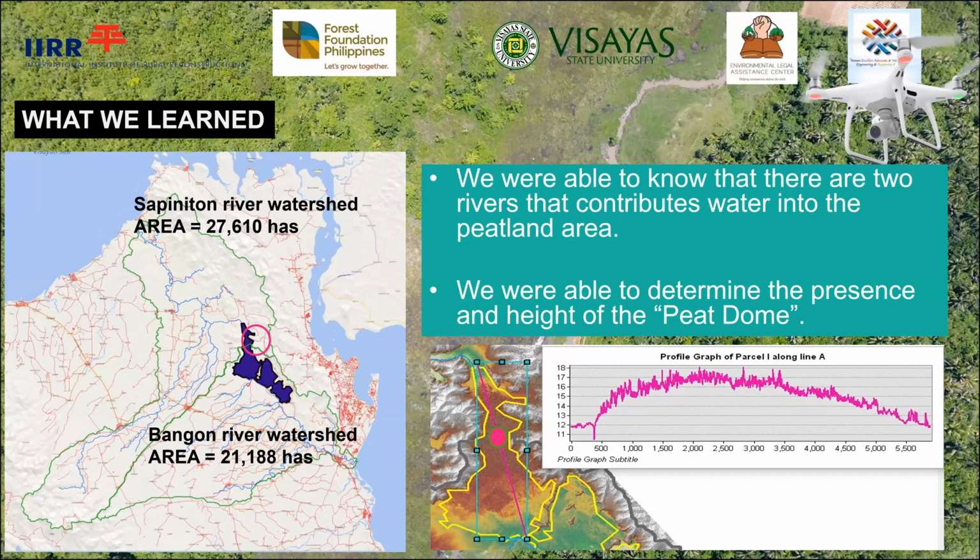And also in the LiDAR data, we were able to classify the height of vegetation per section. So we tried to divide the whole area into subsections, and we tried to run a vegetation height analysis. You can see here in the graph the distribution of the different heights of vegetation per section. So in this case, if we only have information about the